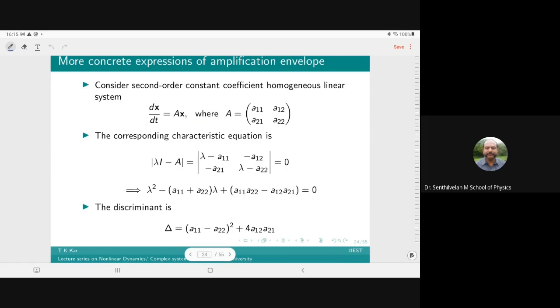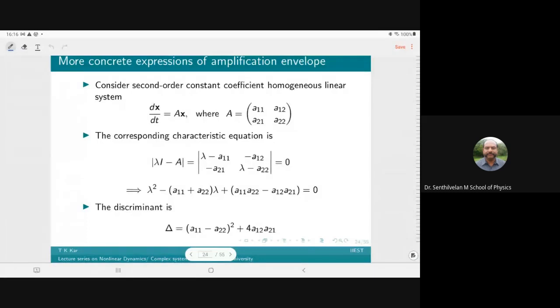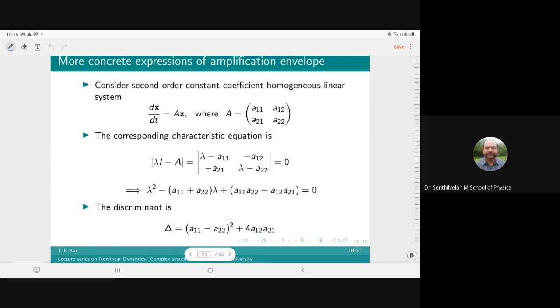Now, those curves can be drawn using simulation. If your intention is only to draw the curves, then MATLAB or Mathematica software can be used. Just use the norm of this. Otherwise, for mathematical analysis, how these amplification envelopes are obtained,